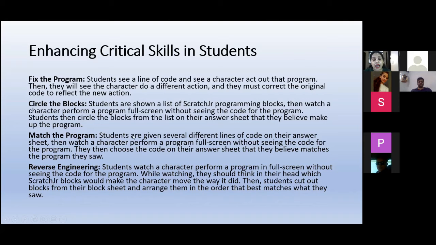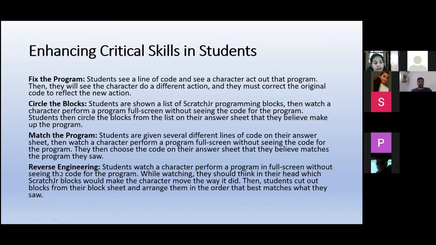Okay, similarly, you can ask the student that this particular action is being done by which block. So you need to just ask them to circle the blocks. Similarly, matching the program. Match the program is there are lines of codes and there are 3-4 outputs. By seeing the lines of codes, which output a student is going to get. So without executing the code, but just by seeing the codes, you have to analyze what output will be generated. Instead, you are just going to show them the lines of codes and the output. Now it's their turn to analyze which output will come by which lines of codes without execution.